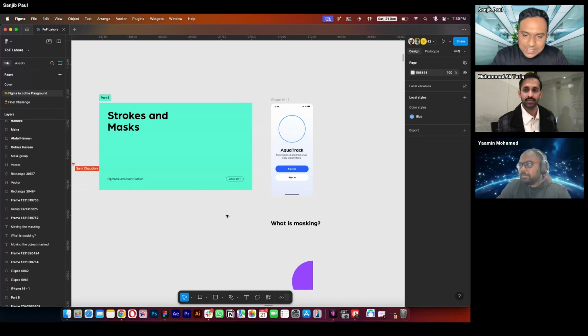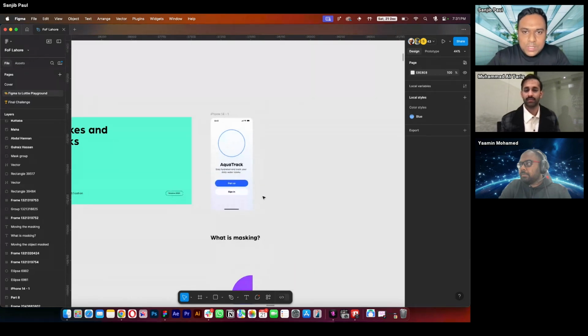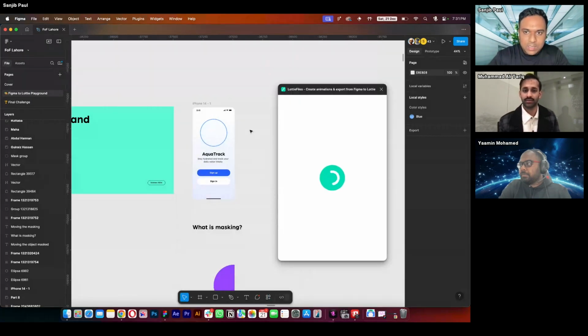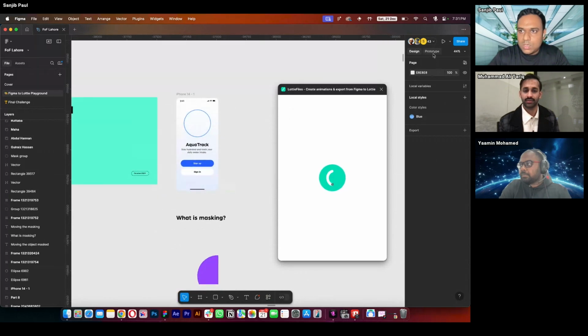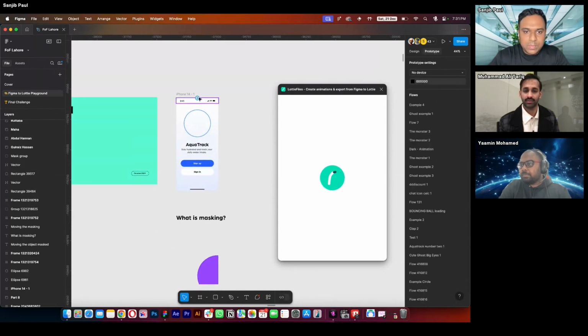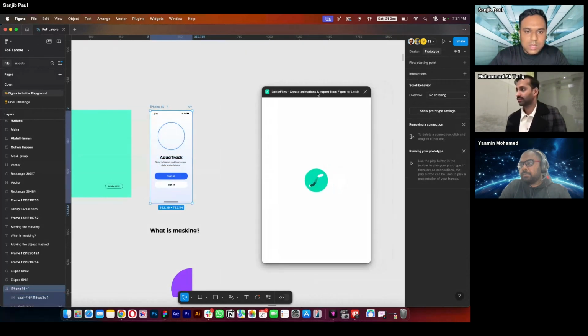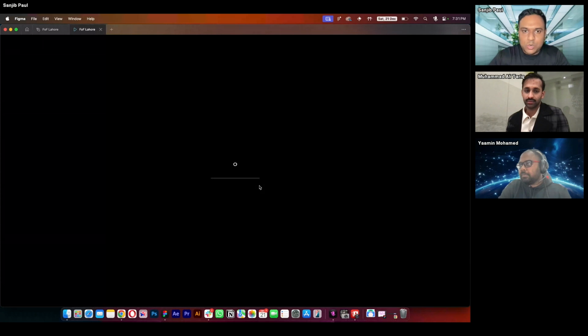All right. So in the next example that we're going to be showing you, we are going to use two things that the plugin supports. That's strokes and mask. So before we begin, I just want to quickly show you what we are going to make today. So if I go to the prototype and try to preview this prototype that we have made,